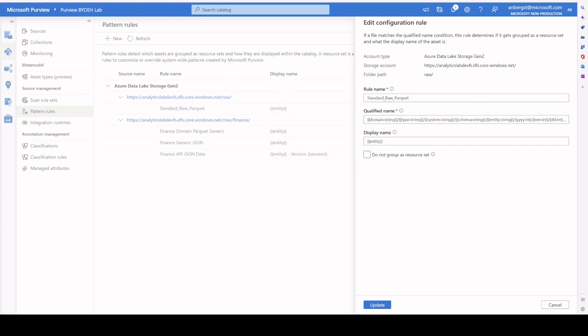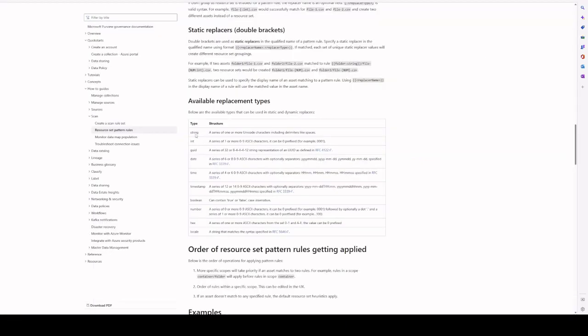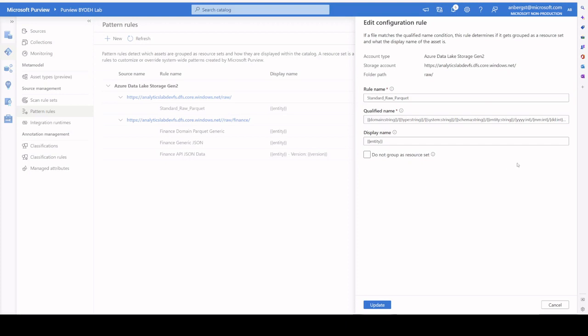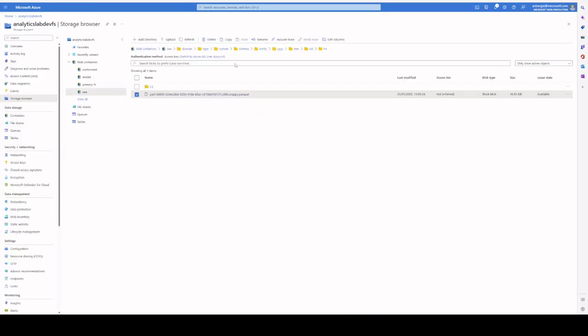If we go through to the documentation, we can see that we have a whole bunch of different data types that we support in the replacers. So string, int, GUIDs, dates, time, timestamp, etc. And these will allow Purview to parse whatever it finds, right? So if we look at the folder structure, which looks like this,